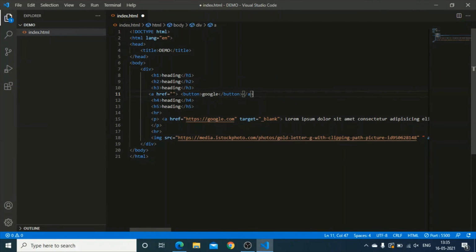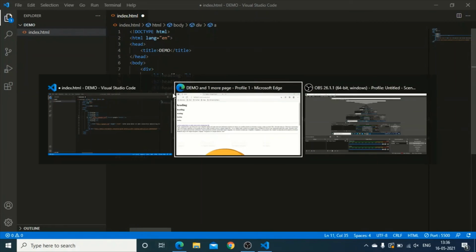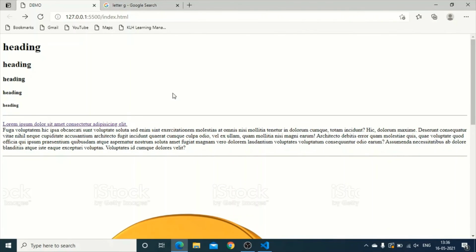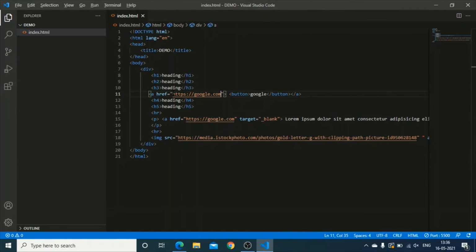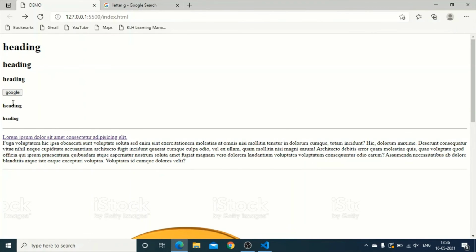In the href column, you put https://google.com. Not only Google, any link, like the link of the site you want that button to land on, you can use. We don't object. Okay, I forgot to save it. Just a minute, I'll save it. I saved it. Okay, we got that button over here.